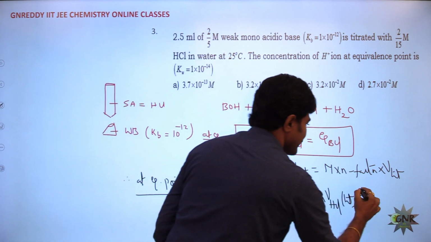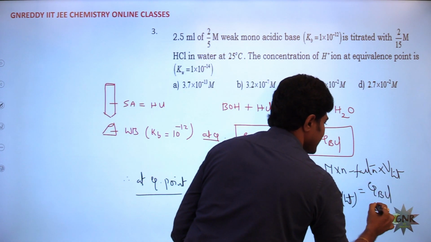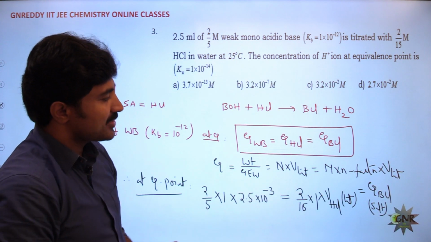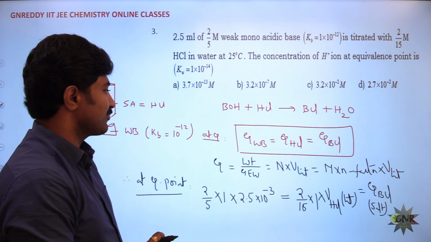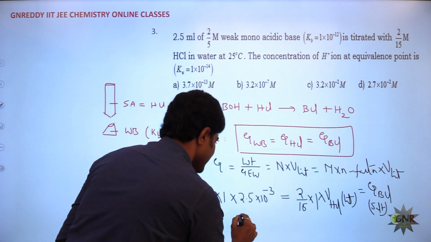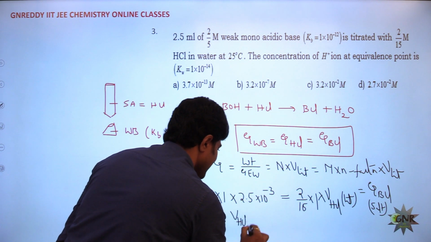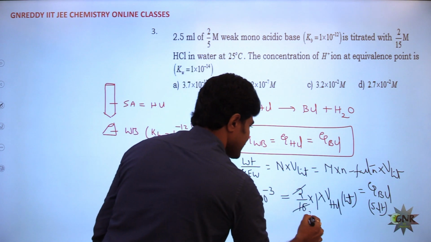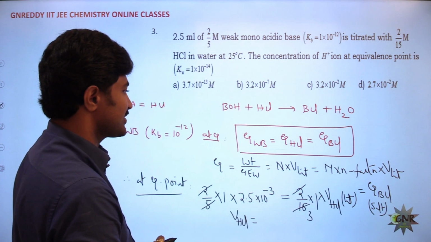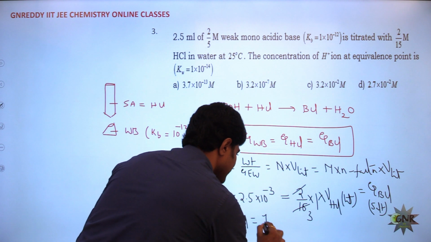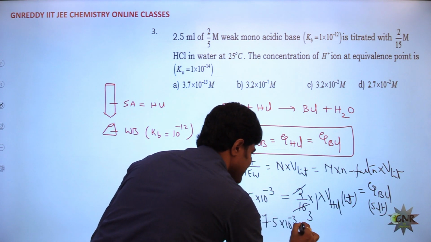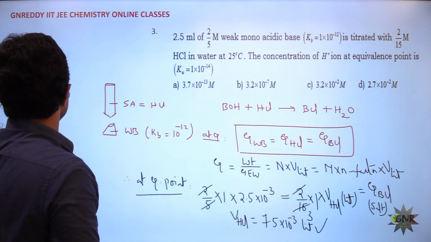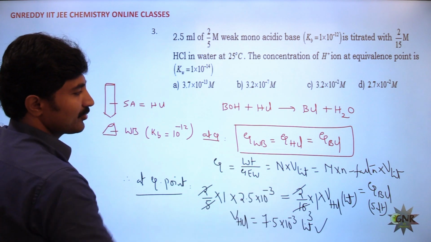These are also simply written as equivalents of salt produced at the equivalence point. Based on this only we will get it. Now if you simplify this, you get this information. What is the volume of HCl? So this 2 cancelled and this is 3 times. So volume of HCl in liters is equal to 7.5 into 10 power minus 3 liters. This much is obtained. Therefore, you know the equivalents of BCl and total volume.